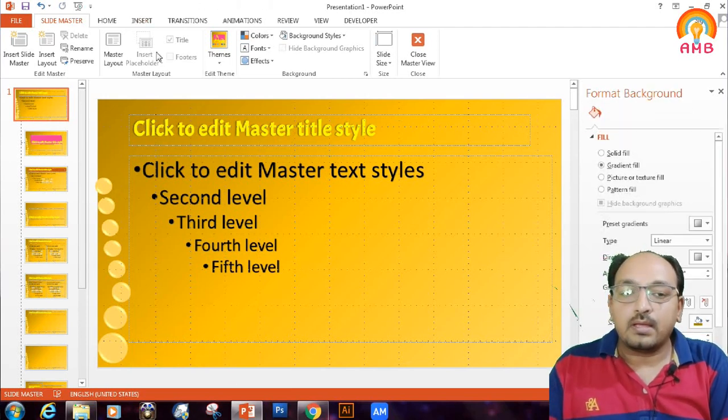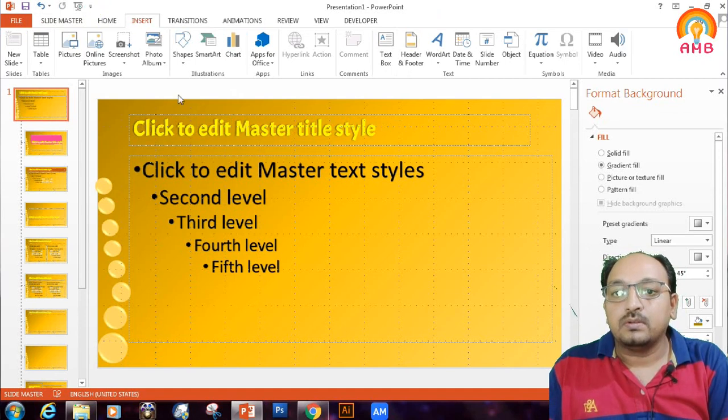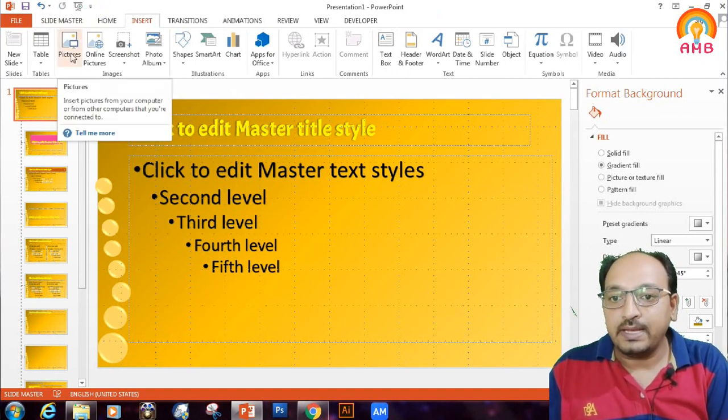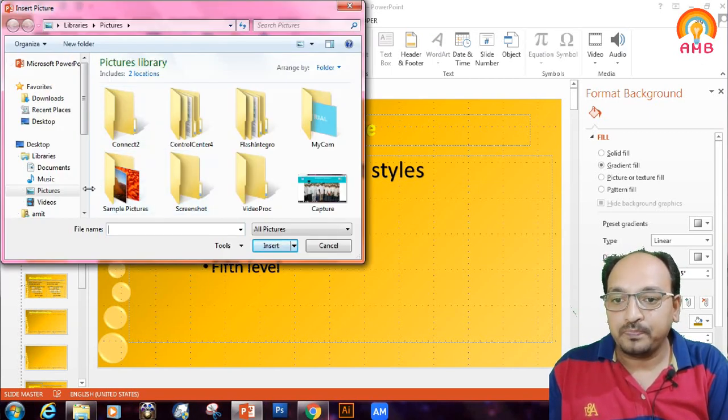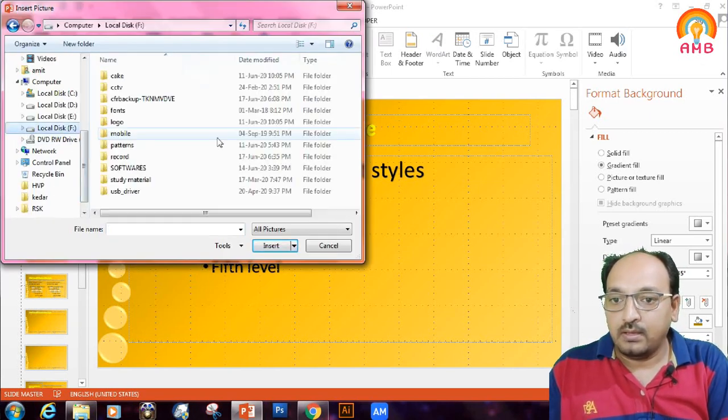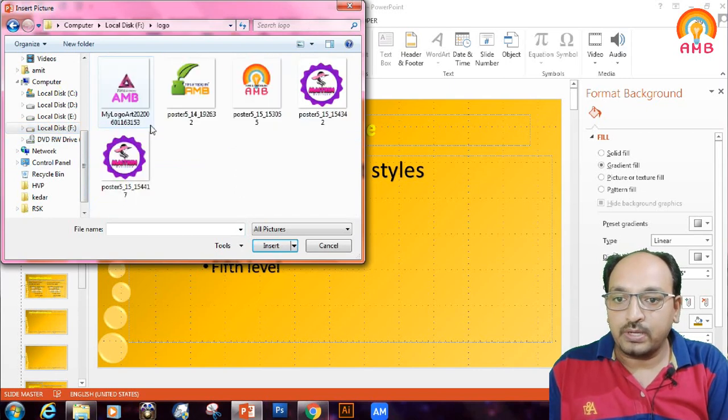Again, you can add your logo in this master slide, so it will appear on all the types of slides. So click on the insert in picture, and you can go where your logo is there, and I am selecting my logo.